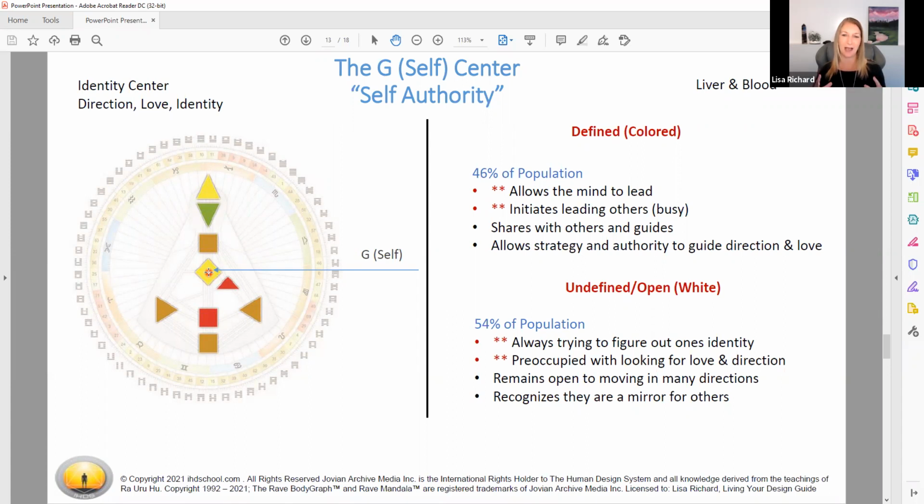So when you become a guide, when you become wise, then you are helping to allow the other person to become self-aware as to things that might be in a better interest for them, might be in a better direction for them, but you're letting them discover that for themselves and to feel the truth of it. So for the 54% of the population that has that open, it's white on their chart, they may be feeling this sense of just not knowing who they are, where they belong, or their purpose. And that can become a really strong, energetic drain.